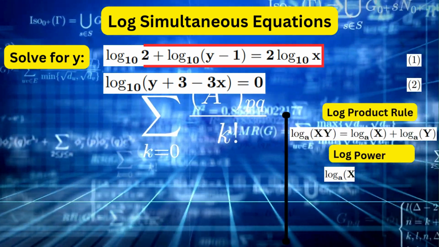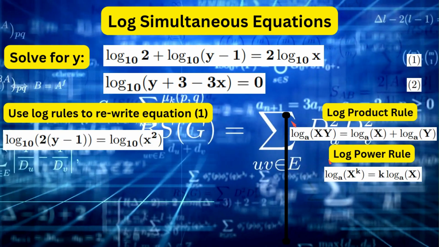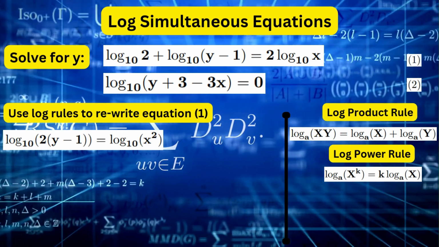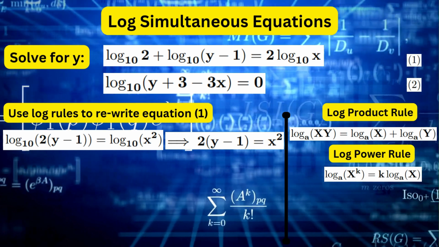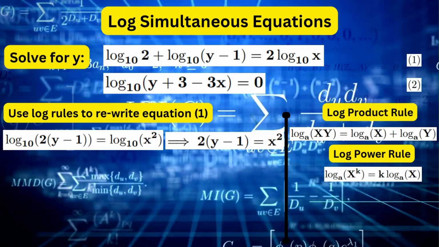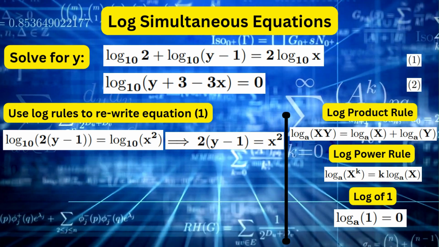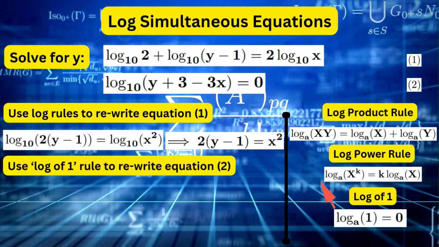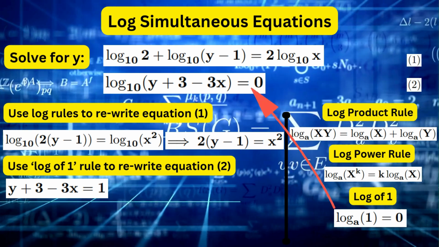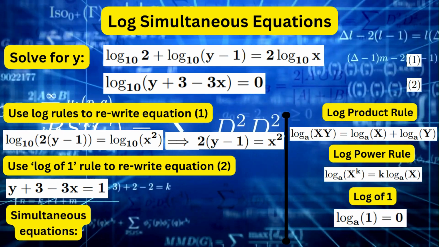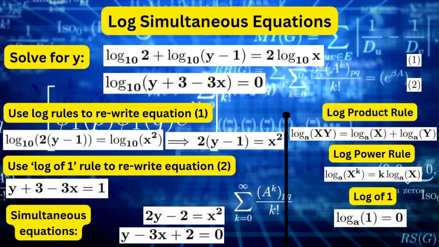Therefore, using this product rule, we can rewrite as log to the base 10 of 2y minus 1 equals log to the base 10 of x squared, and therefore 2y minus 1 equals x squared. Similarly, since log base a of 1 is always equal to 0 for any base, we can write the second equation as y plus 3 minus 3x equals 1. We therefore have two simultaneous equations, 2y minus 2 equals x squared and y minus 3x plus 2 equals